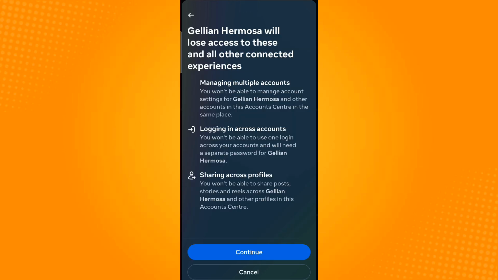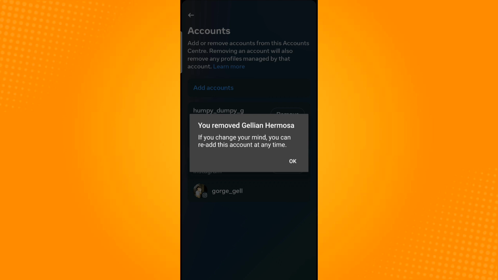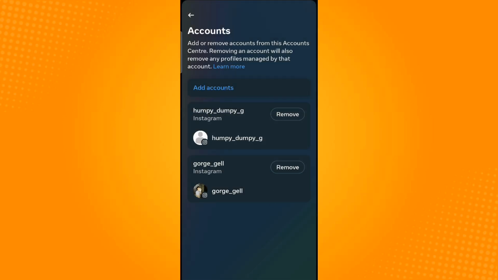And select Remove Account. So just tap on Continue. And then to confirm, just tap Yes, finish removing. And then tap OK. Now that you have removed your Facebook account, it will automatically unsync to your Instagram account,